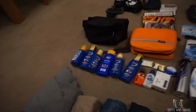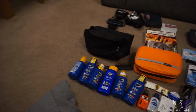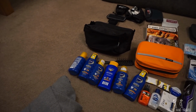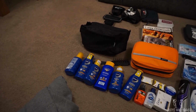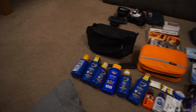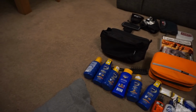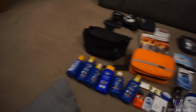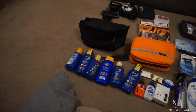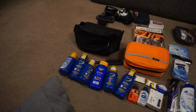So next up, we've got some toiletries. A really good piece of advice I got was to take your own sun cream. Apparently in Southeast Asia, they like to put bleach in their sun cream, the local stuff, which is the cheapest. If you're looking for a bottle of Western sun cream, it can be as much as $30 a bottle, whereas over here I think I paid like £5 a bottle, which is about $7. So I'm taking 1, 2, 3, 4, 5, 6 bottles with me. I can't imagine that lasting the full time, to be honest with you, but you've got to weigh up as well. You don't want to be carrying too much,